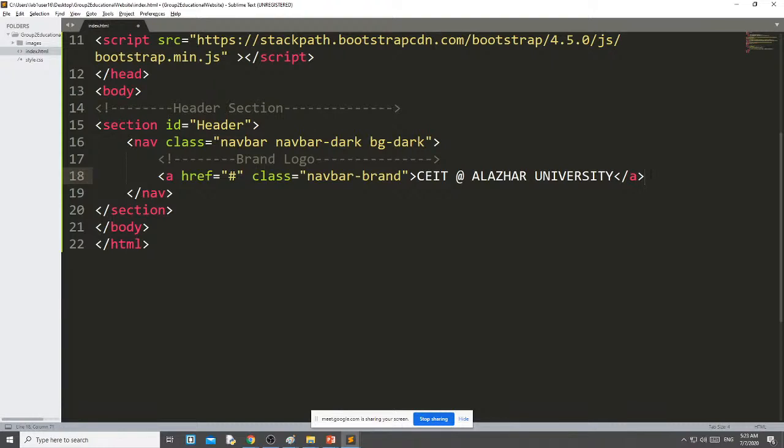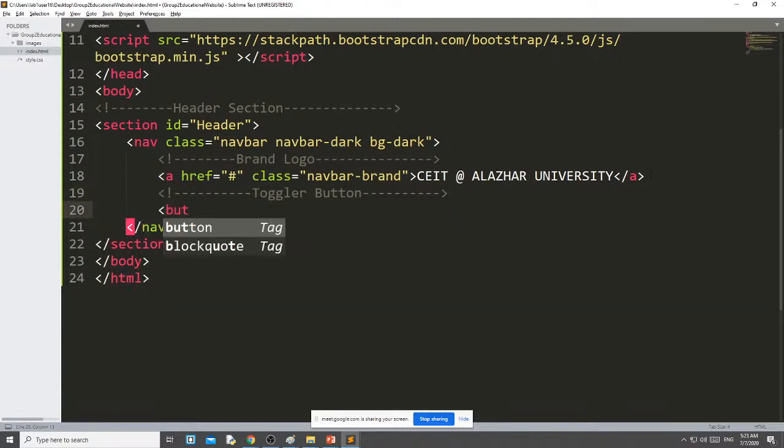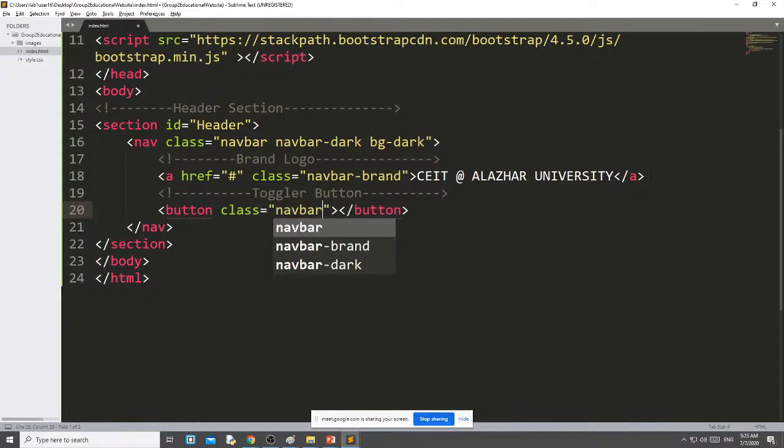Then the second one is the toggler button. For the toggler button, I have to create a button. In the button, the class will be navbar-toggler. Then type is button.